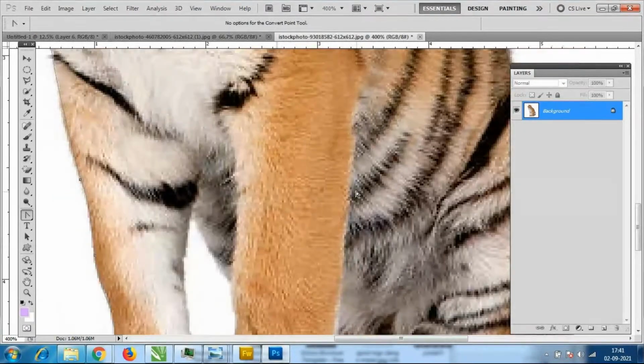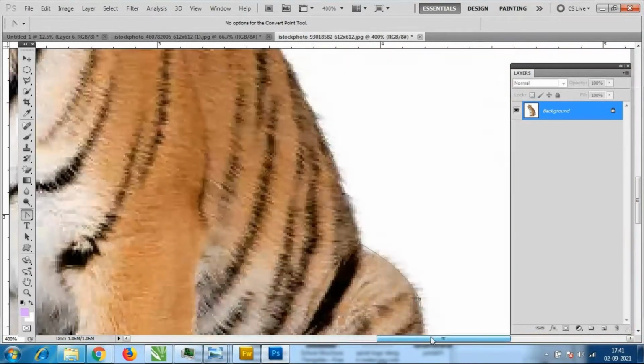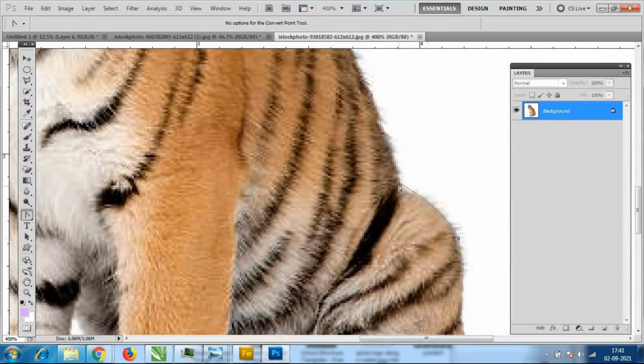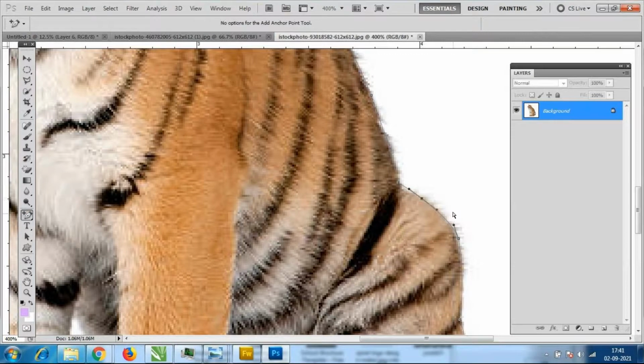Whoever did some images and is facing a problem afterwards, no need to do it from the starting. You can do this modification here only. If I have to add points here, you can go to the add anchor point tool. I will select this one, add the point here, and go to the convert point tool.